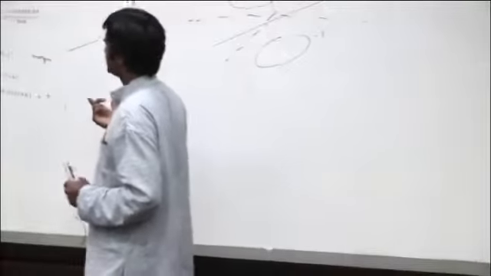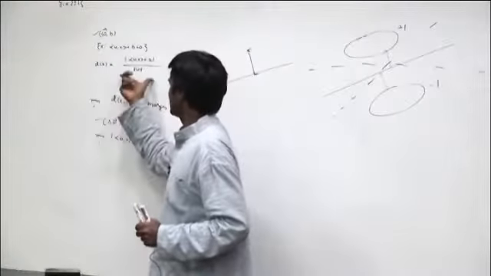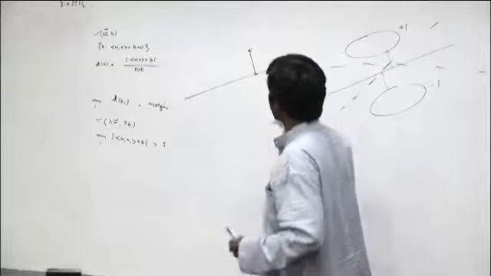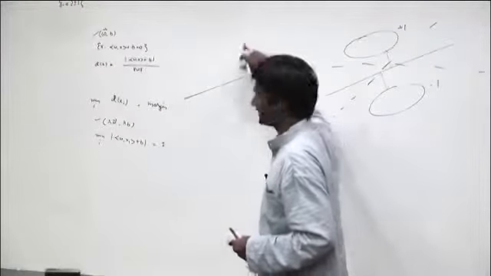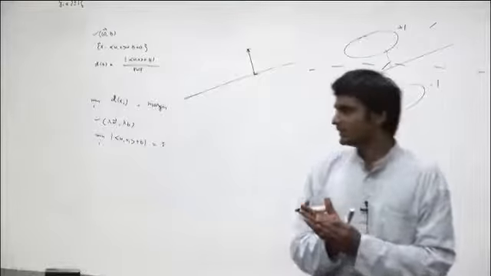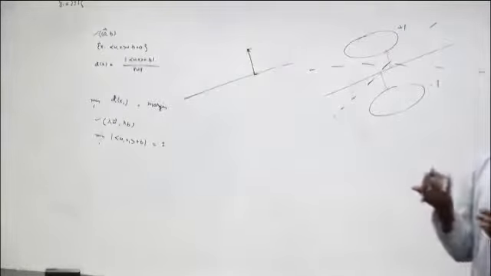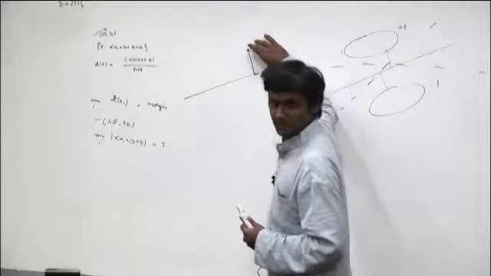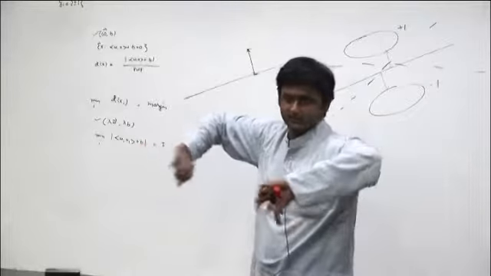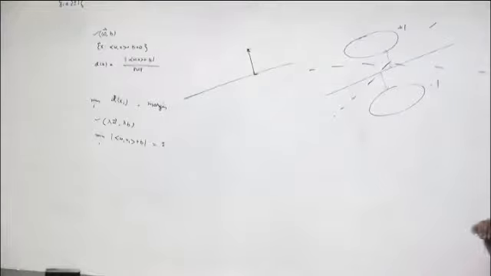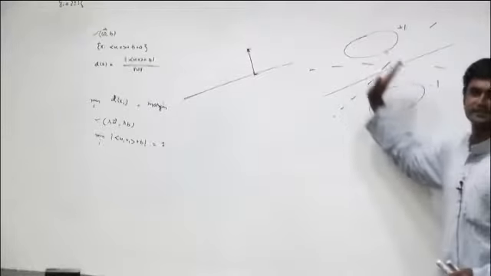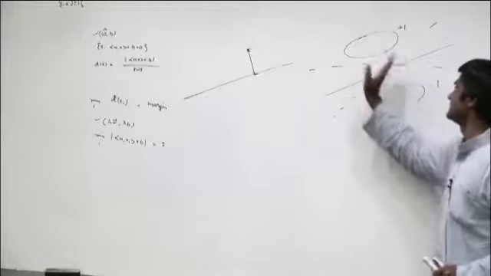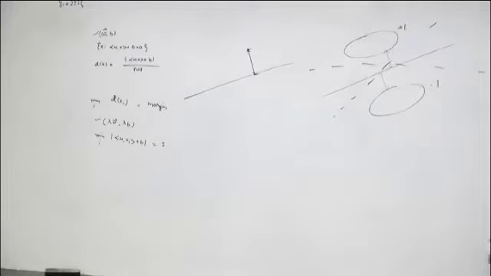If you see, the margin is a min over i of the distances. So it is saying that I want the point which is closest to the hyperplane to be as far away as possible. So it's like a minimax thing. You take the point which is closest to you, whose margin is smallest, and you try to push that apart. In other words, you are trying to be as non-committal about your decision boundary as the data permits. I want these to be as far away as possible. So this is the intuition: you want to separate the points and be as non-committal as possible about the way you separate them.